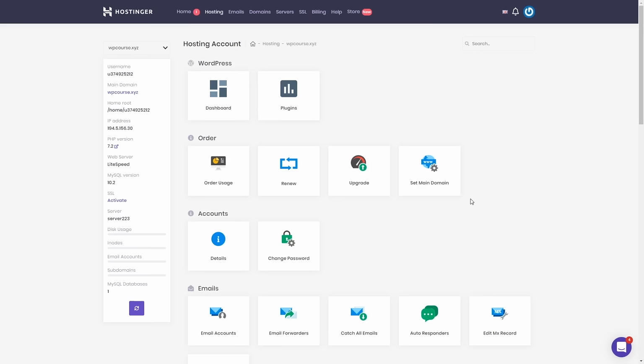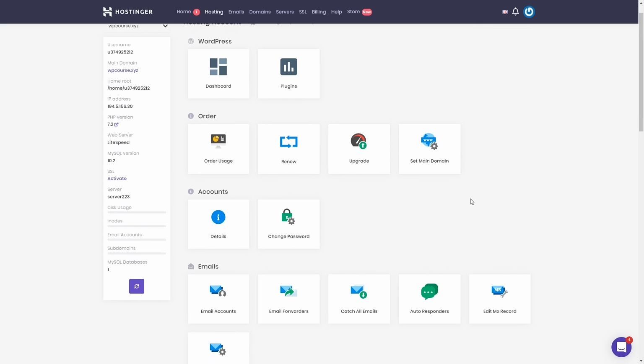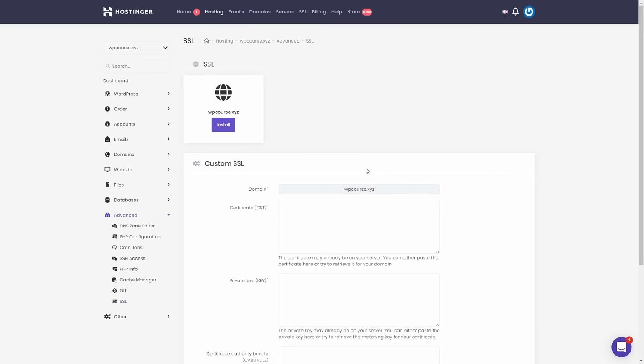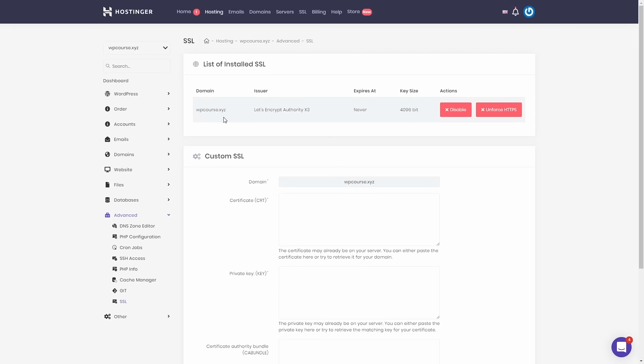So alright, once you don't see any messages anymore, we can install the SSL certificate. So to do this, scroll to the bottom until you see SSL. Click right here and you should see this option. Click install. After the whole installation is complete, you should see this window and it shows that you have an SSL